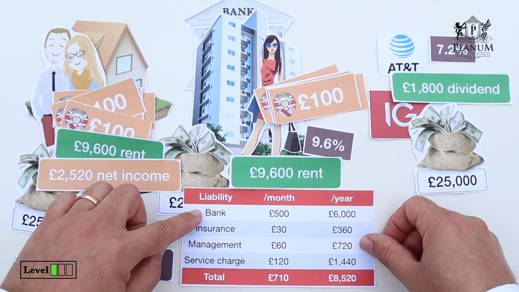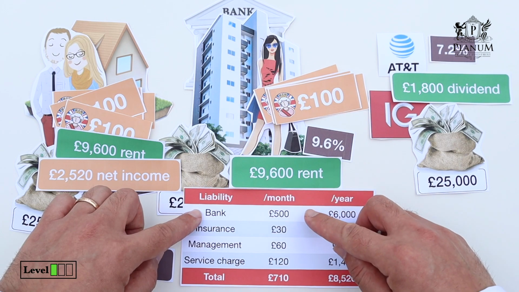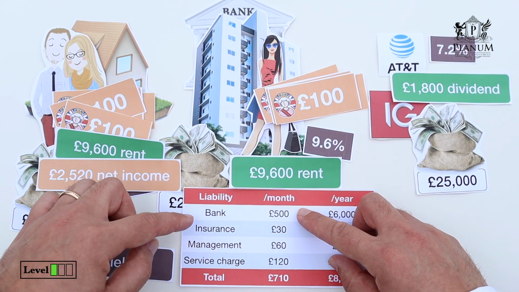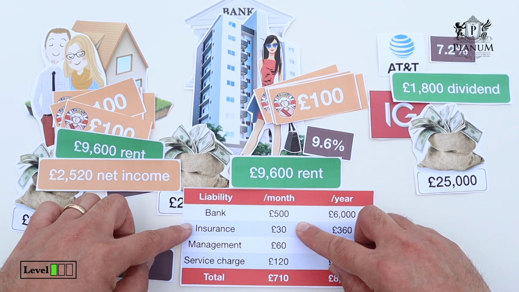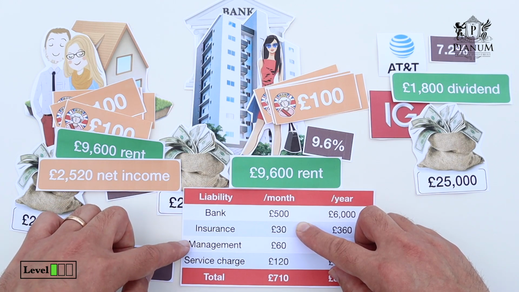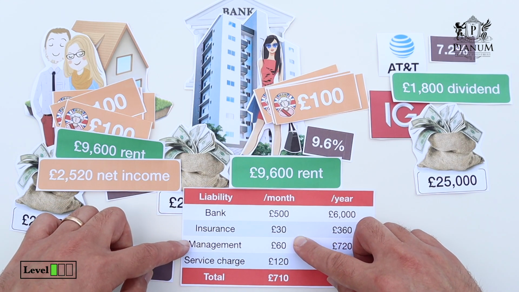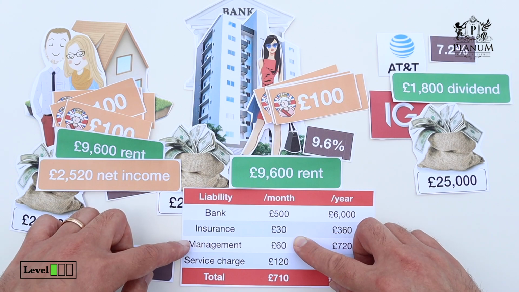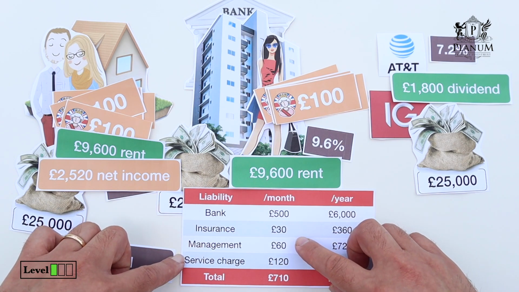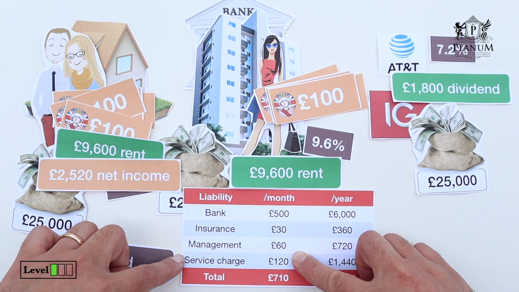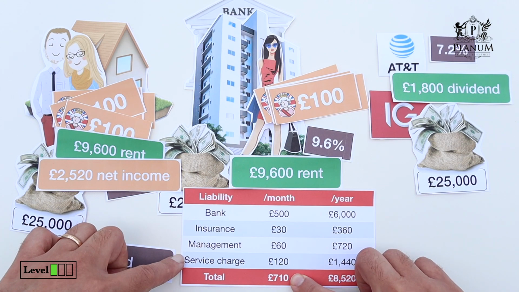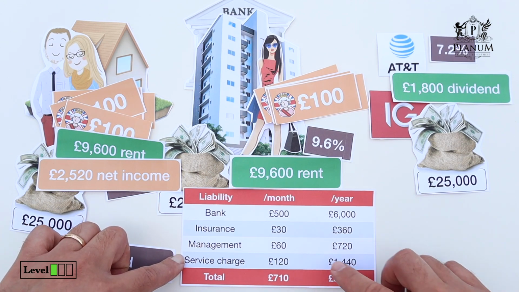Again, we have borrowed from the bank and we have to pay them £500 per month. You still have to take on insurance, which is about £30 a month. And let's say you've got the same management fee of £60 a month. But also, because it's a flat, you also have to pay what is known as a service charge, which is the bills for your communal area, maintenance of your lift, cleaning of the communal areas, etc., which is bringing your total liability to £710 a month, which is